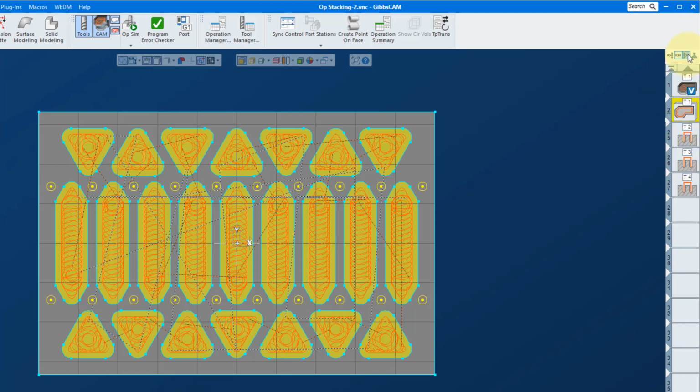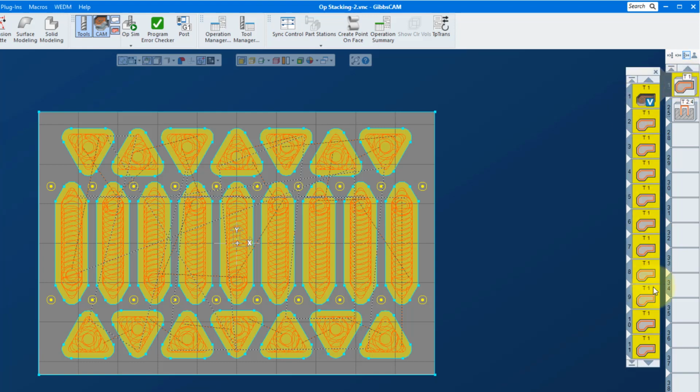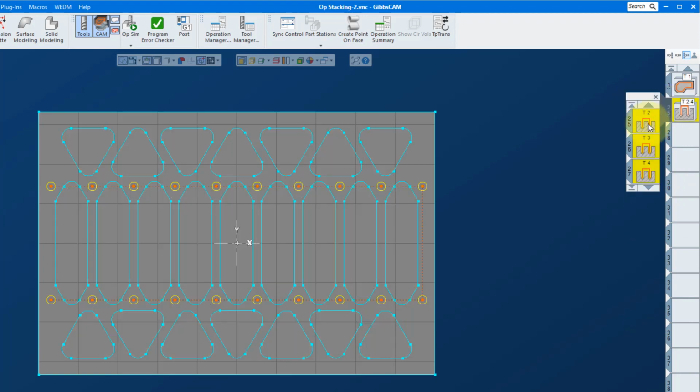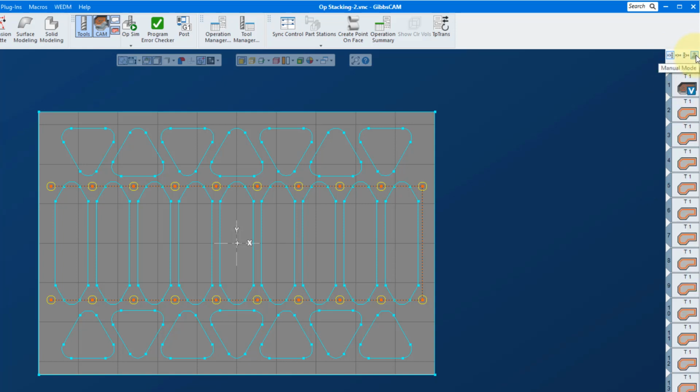The third one is process list mode, which will actually get the shortest possible amount of tiles available. So here, if we double click there, basically all the milling ops of contour type are together, and all the hole tiles are together. And then the last choice is manual mode, where you can actually create your own stacks